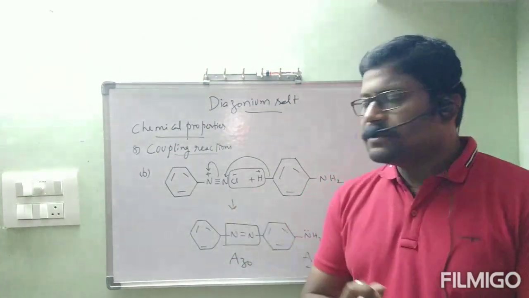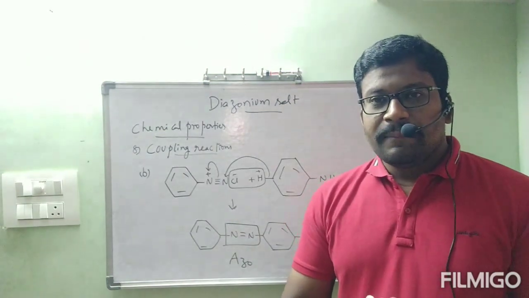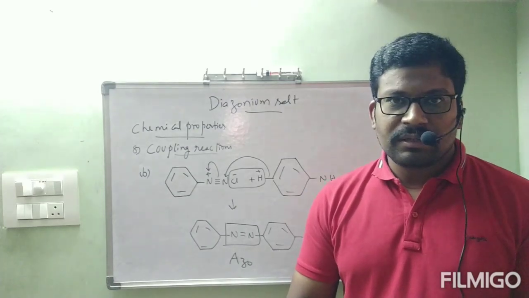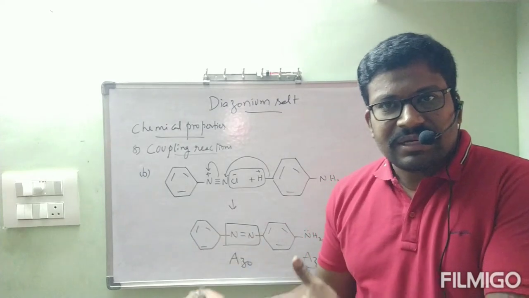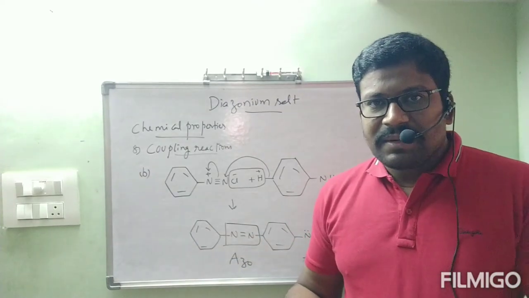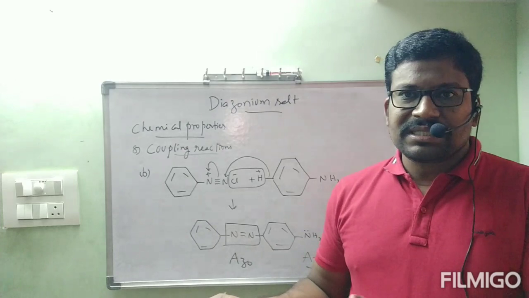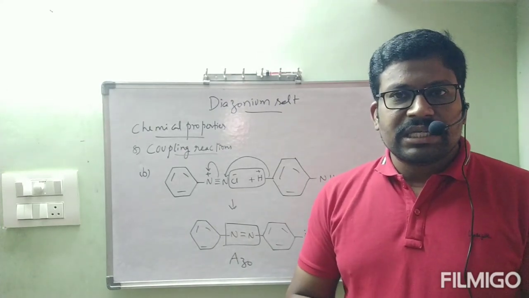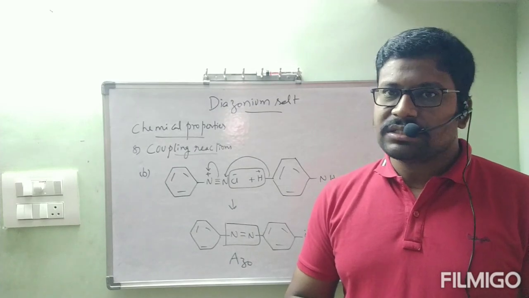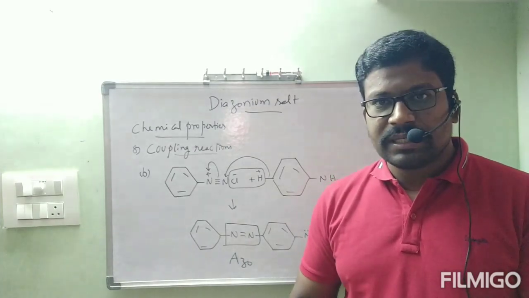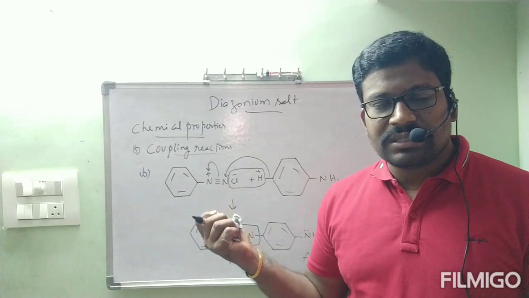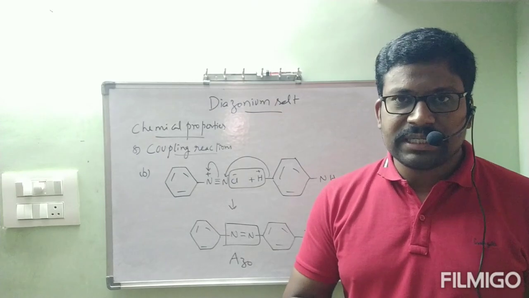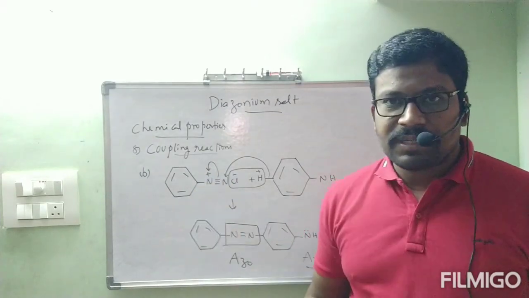Now the physical properties. Maximum all diazonium salts are soluble in water, because the name itself indicates salts, like Na plus Cl minus, here C6H5N2 plus Cl minus. These are all soluble in water, except C6H5N2 plus BF4 minus, which is not soluble in water and is stable at room temperature. Generally these benzene diazonium salts are not stable at room temperature; they are stable at low temperature, 0 degrees centigrade. These are the physical properties, simple.